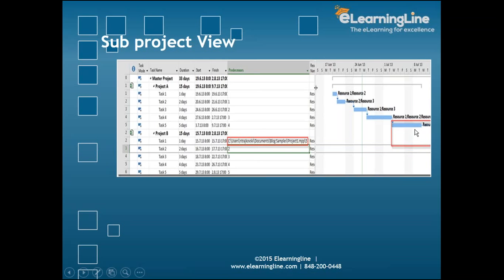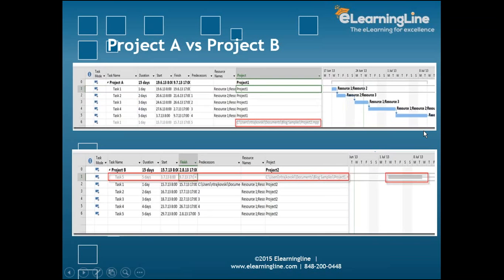So you will see that resource availability is coming out, and this is how the resource breakdown is happening. Okay, fair enough. Now if you look at project A and project B, immediately it will show you how it is coming out grayed out, and here it is green. That means here the project task is in progress. Unless that is complete, this will not pick up. So that's a direct dependency.